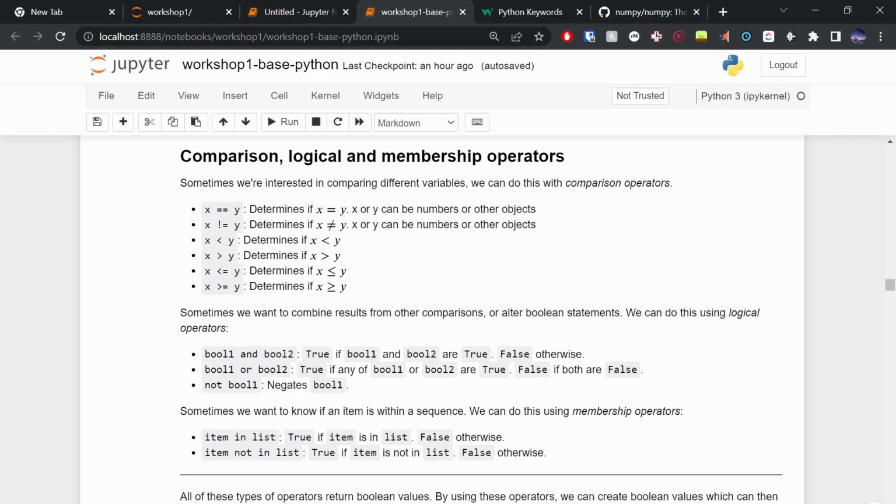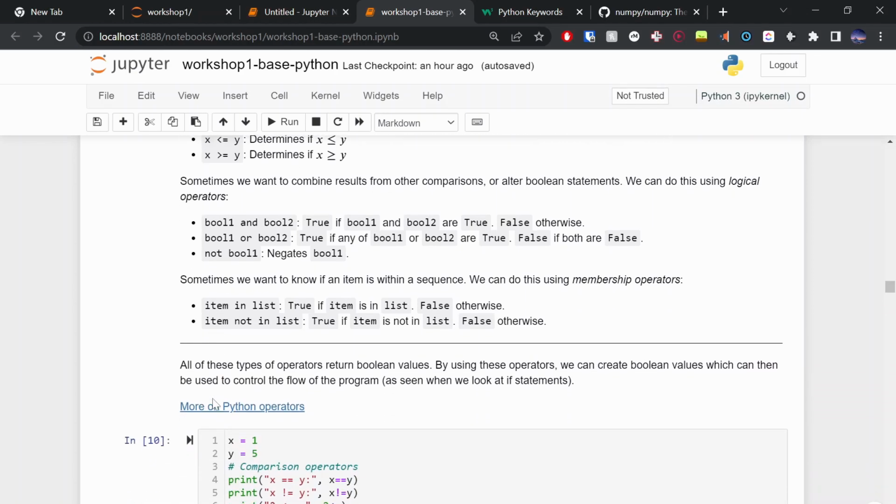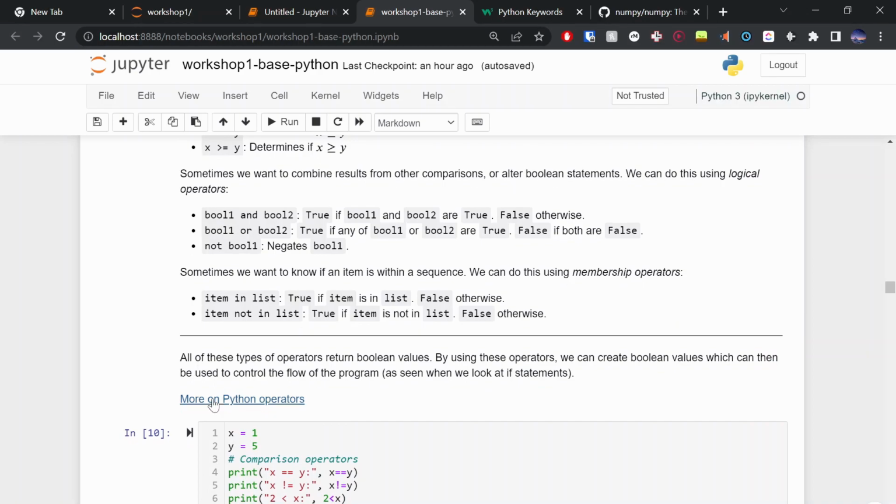So combining two Boolean values, we can either use the and or not. So not negates the Boolean, or basically says, if any of bool 1 and bool 2 are true, then the or makes it true. If both of them are false, then the or operation is false, and then and, pretty self-explanatory.